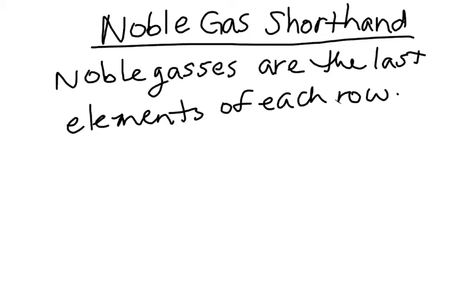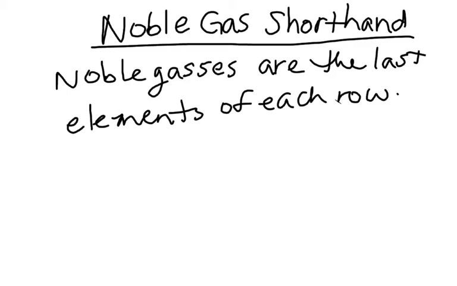You're not going to find them in chemical reactions at all. They've got the right amount of electrons. They're totally stable. They just kind of look at other elements and go, whatever. So basically, their electron configurations never change. That's why chemists like to use them when we're talking about electron configurations of other elements, because they are extremely stable. In order to figure out what the noble gas shorthand is, I'm going to first do